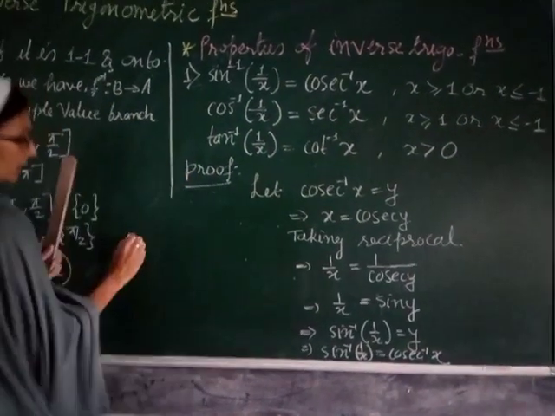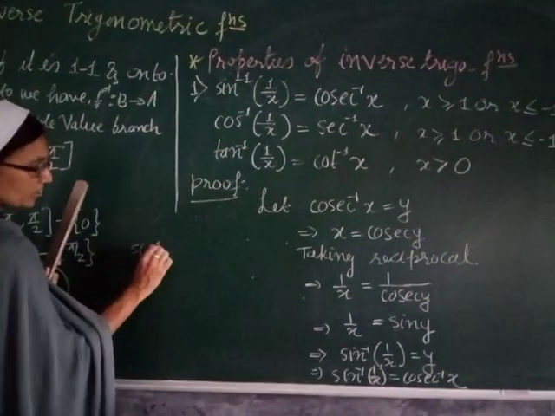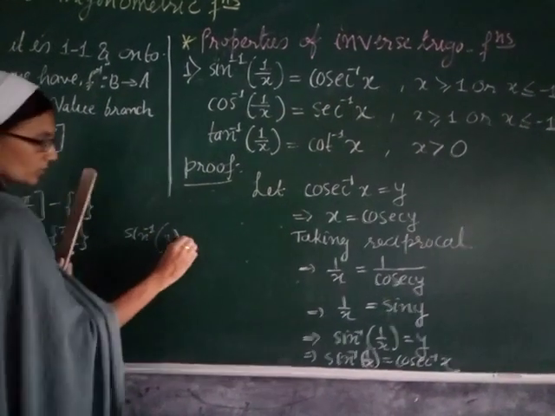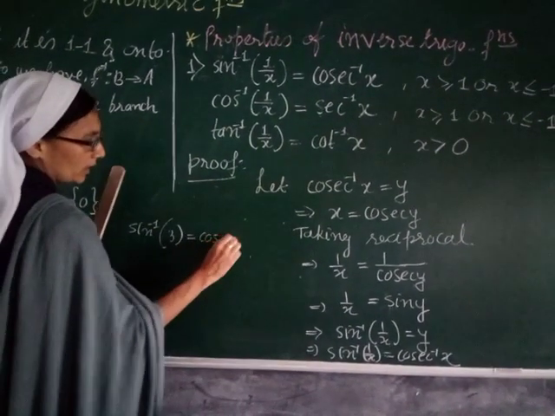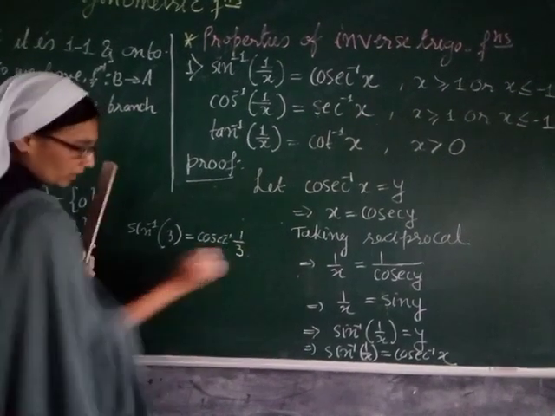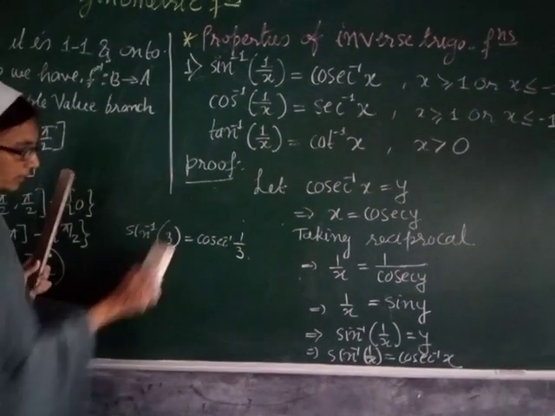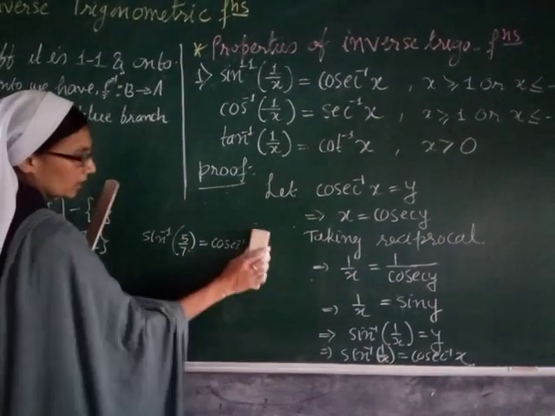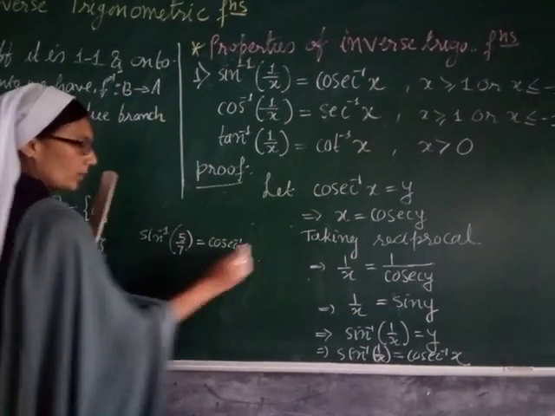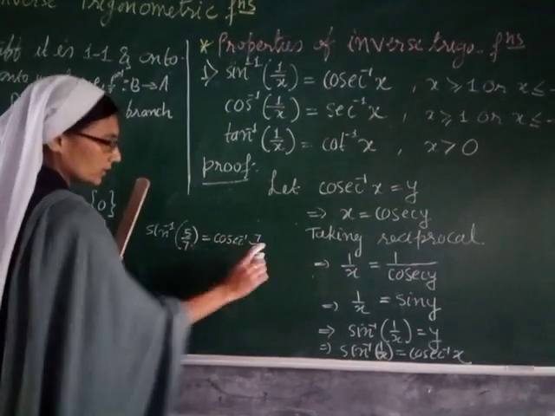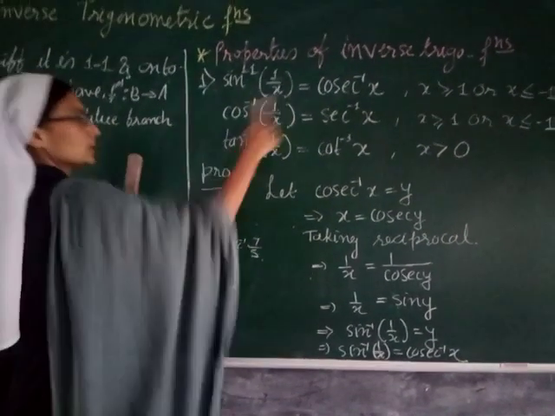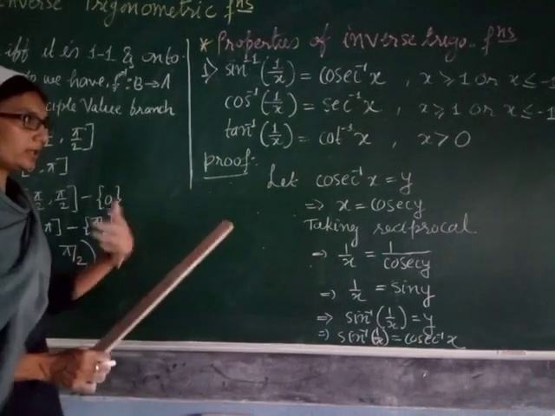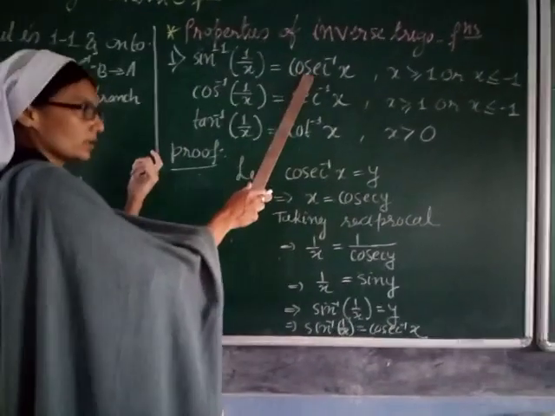Suppose you are given sin inverse of, let's say, 3, and you are told to convert it into cosec inverse. You will convert it like this: cosec inverse 1 by 3. Instead of 3, suppose it is 5 by 7. How will you convert here? The denominator will go up and the numerator will come down. So this is the conversion, for all of these. When you have done trigonometry, it is a little different, in that this becomes inverse.